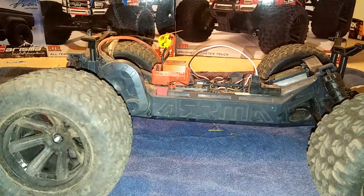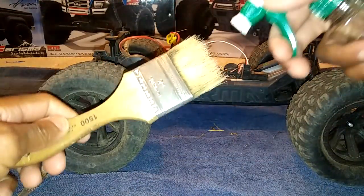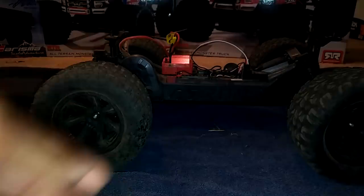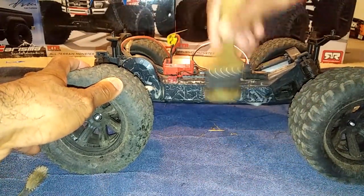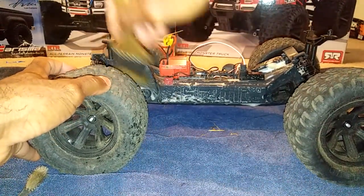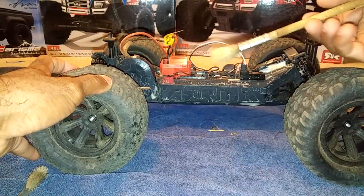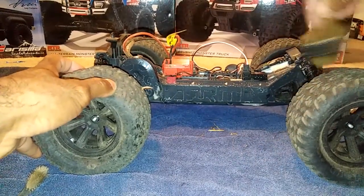So for the rest of the car, what I do, put this here, I'll just spray some, probably on the tip of this brush. I have to put some more in here because it is kind of running low. And then I'll just literally brush it over my car. Now, I did spray a little bit too much on here, but eventually it'll wipe off onto the car. And sometimes, if it's got a lot of dust on it, instead of going over it first with a wet brush, you just want to take the brush and brush over to get some of that dust off,